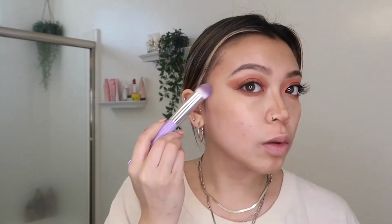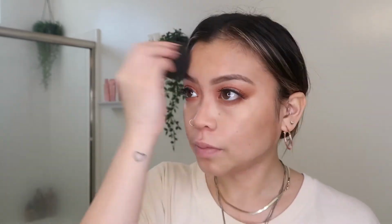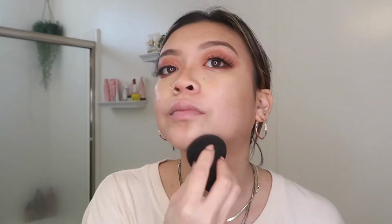To blend that out, I'm going ahead with the foundation brush from the Ensemble. I'm then taking our soy blender and further blending out the harsh lines that I might have missed with the brush. Our last steps are to pop on some highlighter using the fan brush from the Ensemble